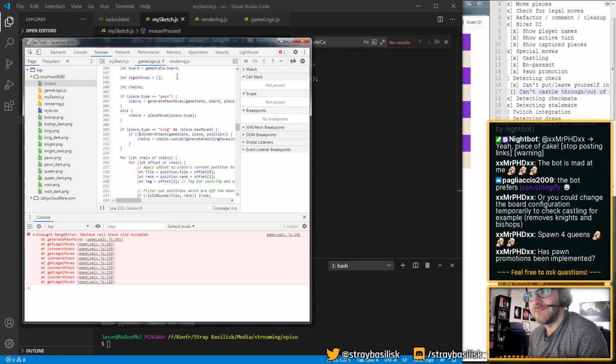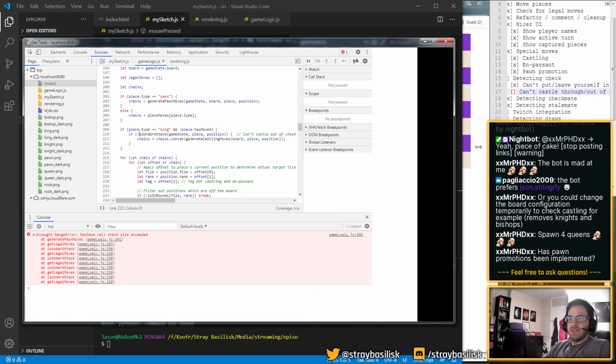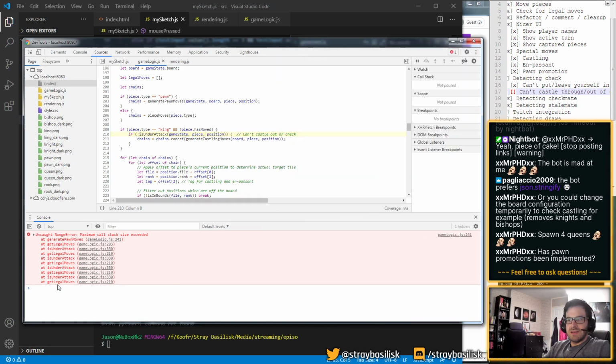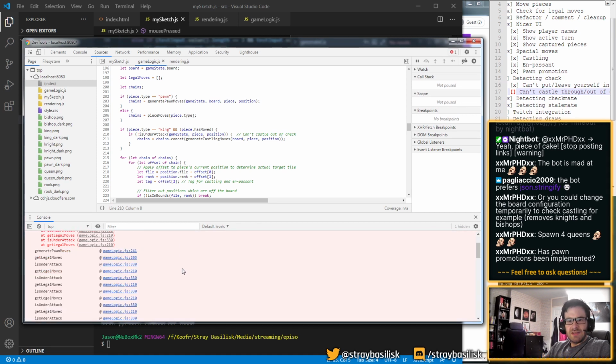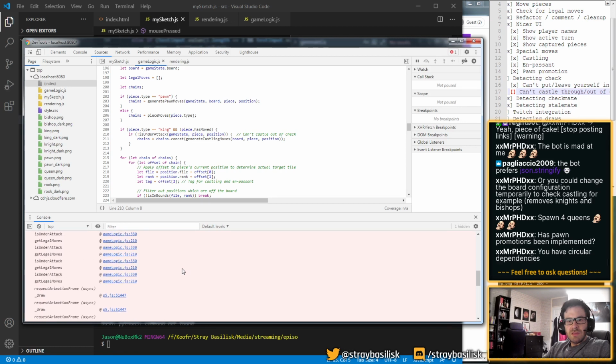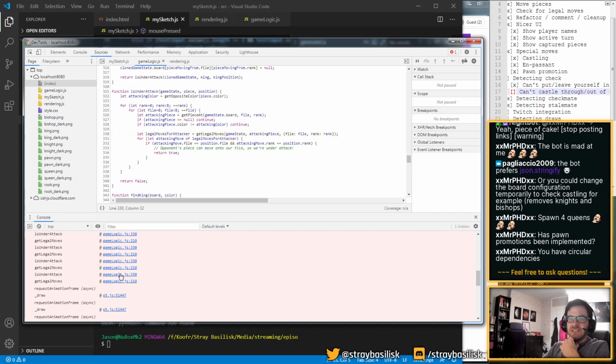Okay, what am I seeing here? It's not going to get part of the stack, which doesn't help. Can I expand this somehow? Yeah, right. So something's getting legal moves is calling get under attack, which calls get legal moves.